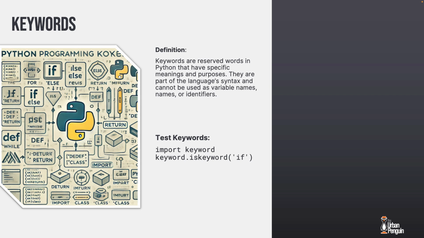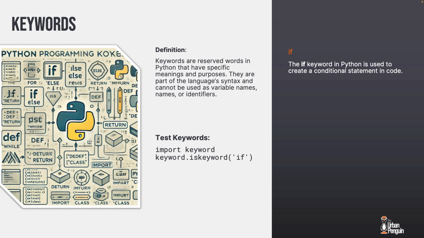So we import the keyword module, and then we go into that module and use a function called iskeyword, and then we can test different words to see if they are actually a keyword or not. Although this is probably not strictly necessary if you're using Jupyter Notebooks, or if you're using an IDE, because you're going to get color coding of the keyword.